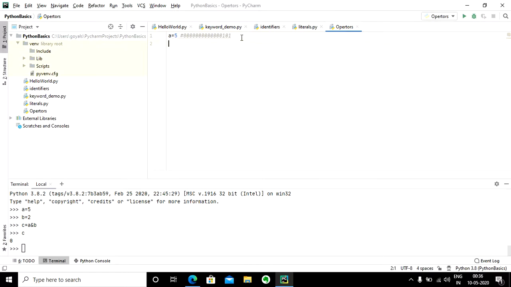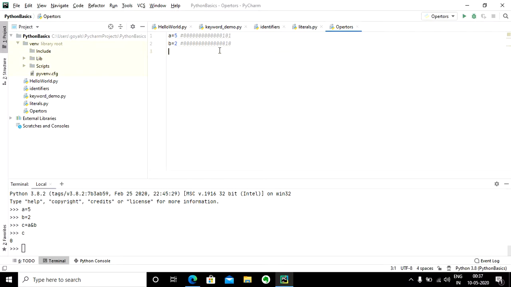Similarly, if I perform b equals to 2, then internally that would be 0, 0, 0, 0, 0, 0, 0, 0, 0, 0, 1, 0. So internally b equals to 2 would be stored in this fashion. Now if I calculate c, then the logical AND would be performed at the bit level. So 1 and 0 would yield 0. So now if I calculate c, it would be 0 for each pair, 0 for the 0 and 1 pair, 0 for the 1 and 0 pair, and the rest all are zeros.